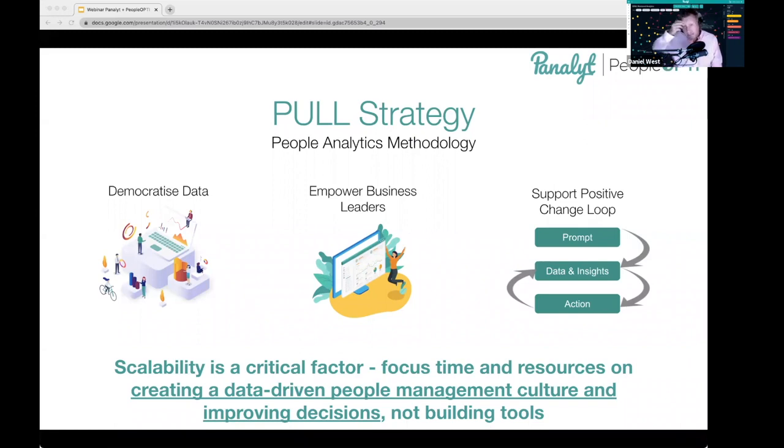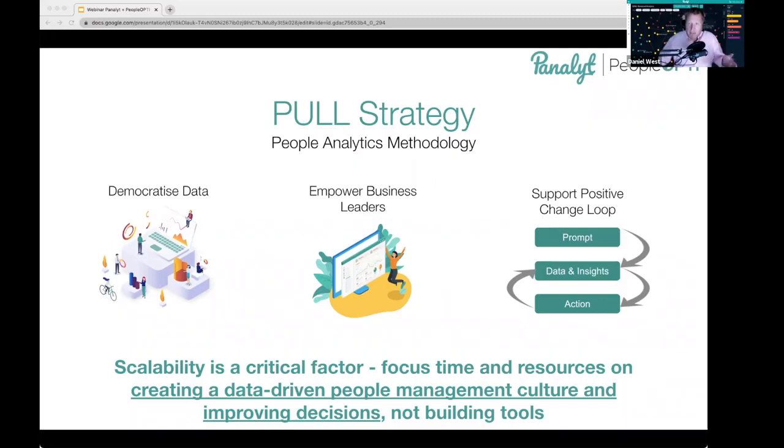And my final point on this slide is scalability, again, a critical factor. We know that the people team only has a certain amount of time and resources. If you look at your year, X% of your year is going to be taken up with your evaluation cycle and your recruitment processes and your comp cycle. There is a huge amount of time taken up with the repeatable HR calendar. You only have a very short amount of time in a year to drive things like new people analytics implementations and take-up. And so you only have that short amount of time and resources. And I strongly believe you need to make sure that every moment of that is focused on creating that data-driven people management culture